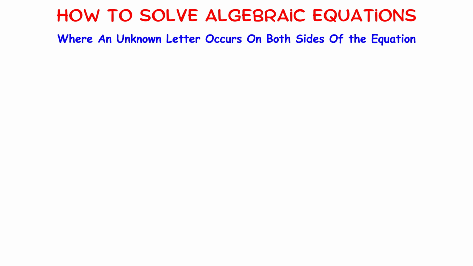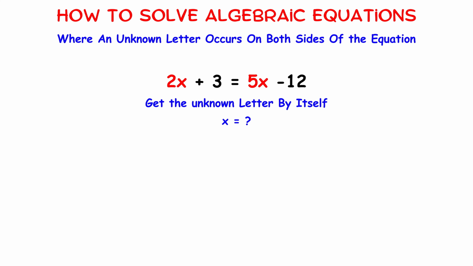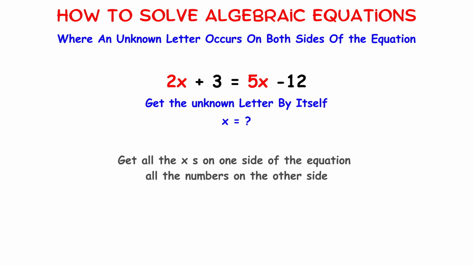In today's video, we're going to cover how to solve algebraic equations like this one here where the unknown letter occurs on both sides of the equation. For example, in this question, the unknown letter is the x, so we're trying to find the value of that x, but importantly, we have two x terms in our equation, a 2x term on the left and a 5x